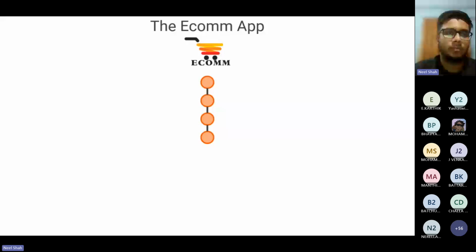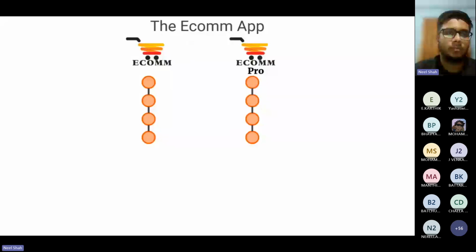Consider there are two similar things: the ecom which has only red dots is the normal one, and the ecom which has green dots is the pro version. You can see ecom and ecom pro. There are two, three features which are accessible only in the pro one.